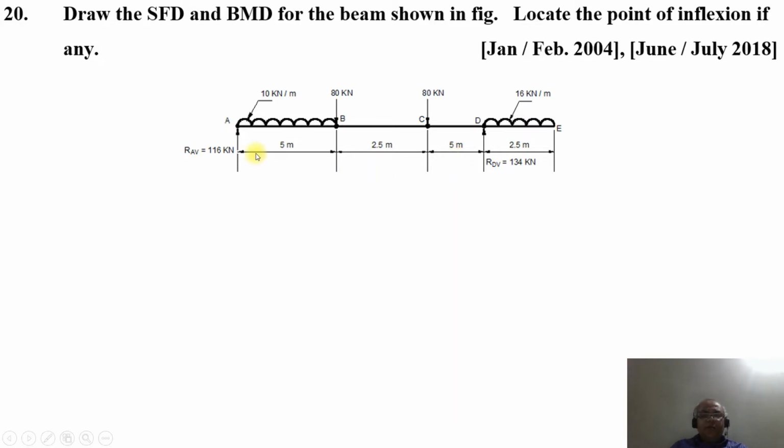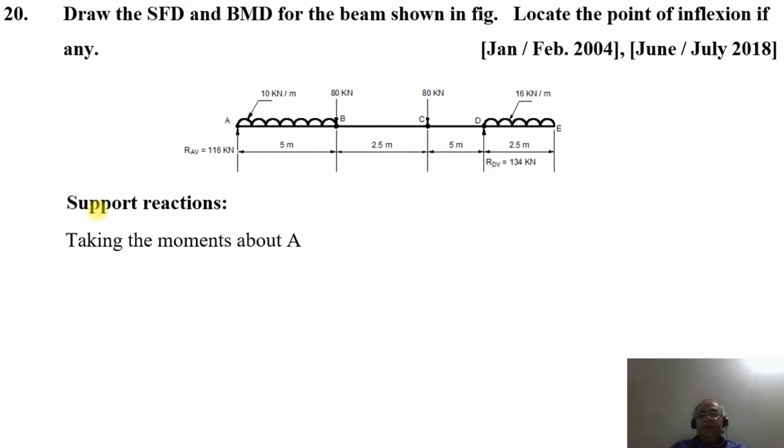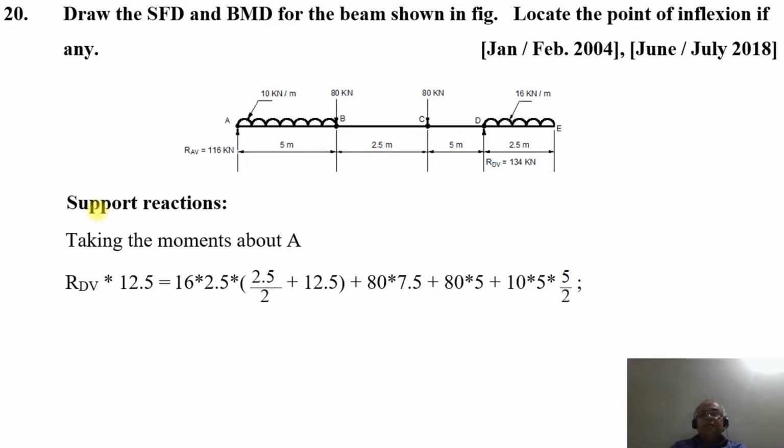Now we have the vertical reactions at A and D, that is RAV and RDV, which we need to find out. To do that, first we are going to take moments. Taking the moment about the point A, the clockwise moments will be equal to the anticlockwise moments. So here, RDV into 12.5